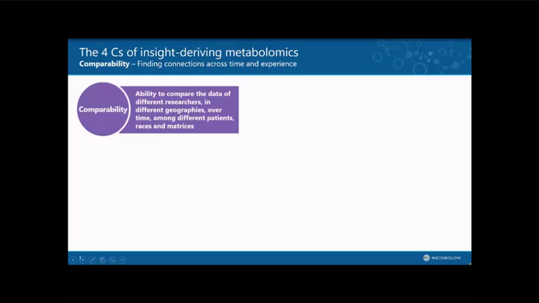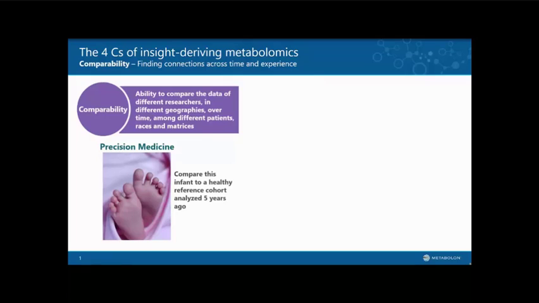The next C is comparability. Comparability is defined as the ability to compare the data from different researchers in different geographies over time, but also among different patient populations, races, and matrices. Now, Greg talked earlier about the importance of precision medicine. One of the places where comparability becomes incredibly important is as we move metabolomics into this very exciting area of precision medicine,